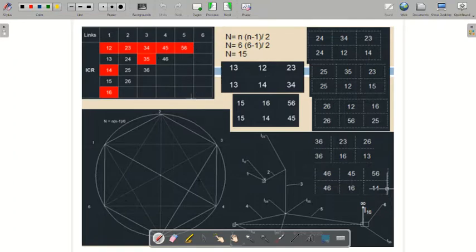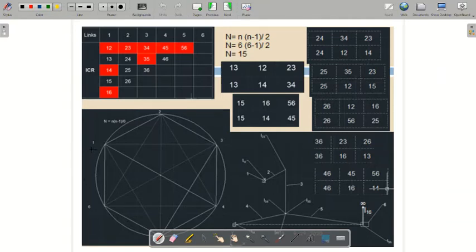Now draw a circle. There is no exact dimension for drawing the circle. Just draw the circle and mark the points. Try to mark them neatly, 1 2 3 4 5 6. Mark them neatly so that after finishing all the diagrams it will look like a hexagon. There is no condition like that, but if you mark the points in even space, it will be very nice. So mark them with even space, 1 2 3 4 5 6. You have marked all the points.